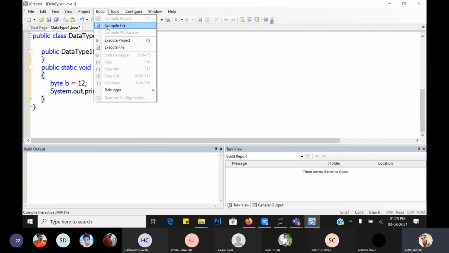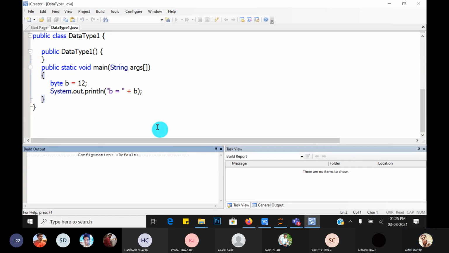So first compile the file. Okay, process completed, which means the class file is created, DataType1.class, which is in bytecode format. So let's run or execute the file.